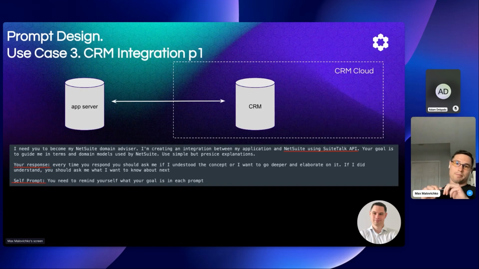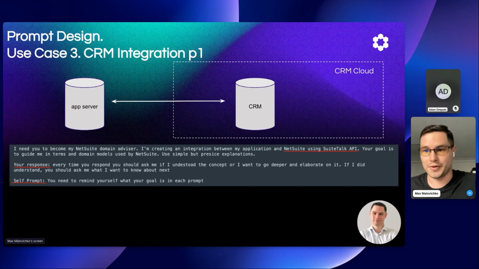Problem number one here is domain knowledge, right? How can you give a task to engineers so they could execute it efficiently? I don't want them to spend days and days reading documentation and finding out what the difference is between lead, sale, address, transactional data, and non-transactional data in the CRM.